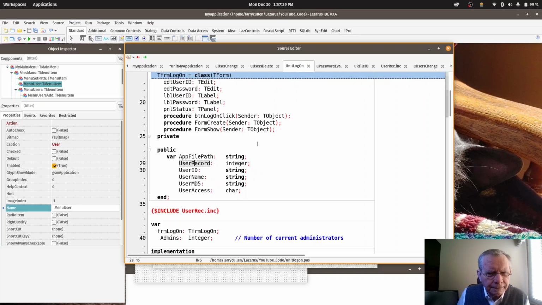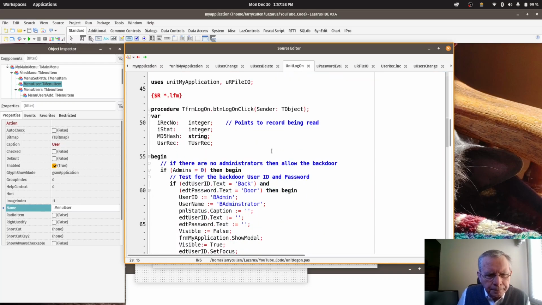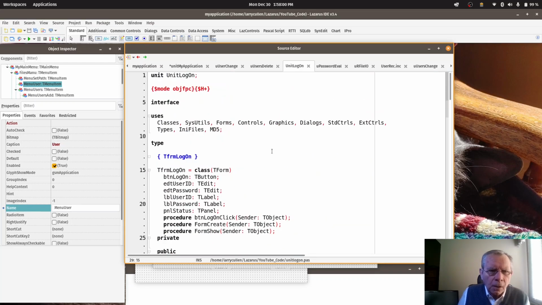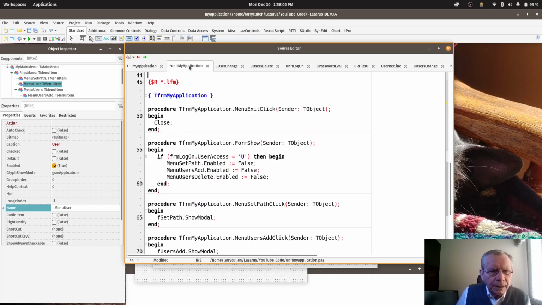And yes, we have everything we need here. We have the user access, we have their name, their ID, the hash value for their password and their ID, and we have the record number in the file. That's good. Okay. Now we go back to the main application,